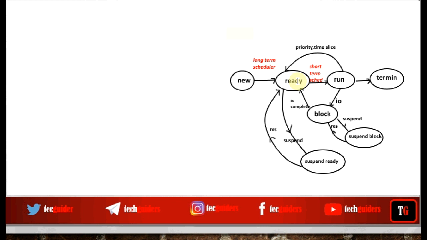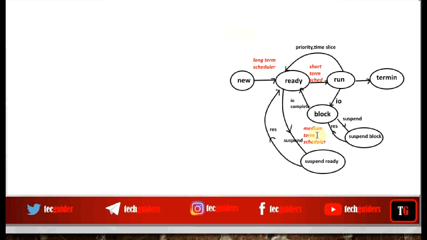We should suspend one process. So, among the many processes residing in the main memory, which process should be swapped out? To take that decision, here we need a scheduler, and that scheduler is called the medium-term scheduler. This scheduler will decide which process in the main memory should be suspended or swapped out and kept in the secondary memory. And it is called the medium-term scheduler because here we cannot say that the decision has to be taken very frequently. Also, we cannot say that once a decision is taken, it lasts for a long time.